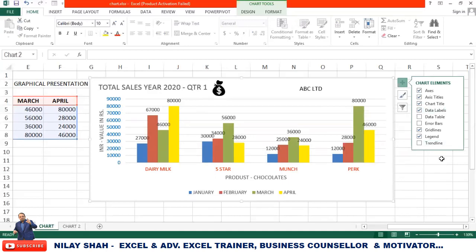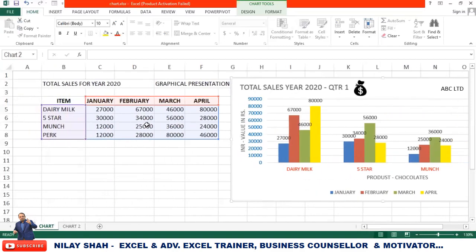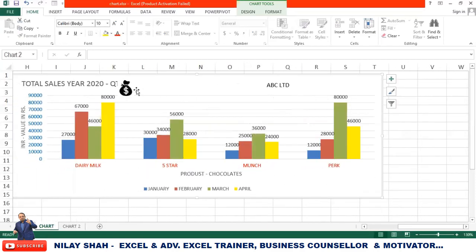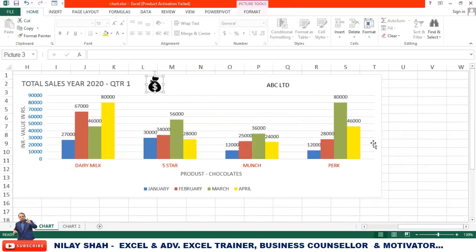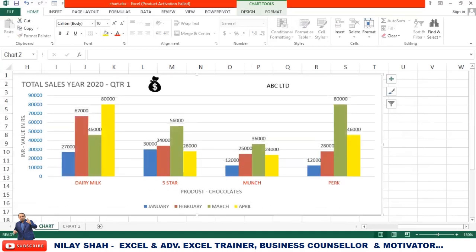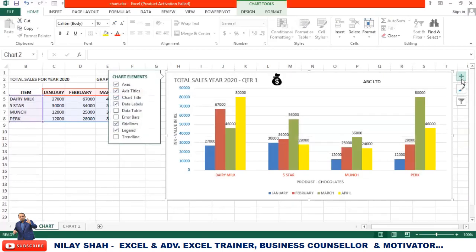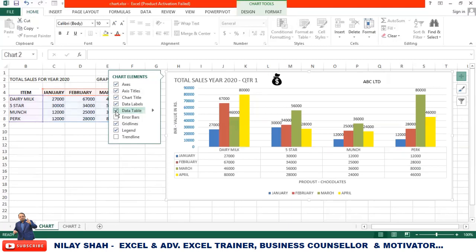And the last thing that I would like to explain is data table. When guys you are talking about a data table, I'm talking about my data, that is here. So if I want to see my whole database in my chart itself, what to do? It's very simple. You don't have to do anything. Just click here. We'll increase the size of this. Zoom out. Once again increase. Now you can see, just click here. You can see data table. When you click on data table, you can see the whole database automatically comes in your chart.